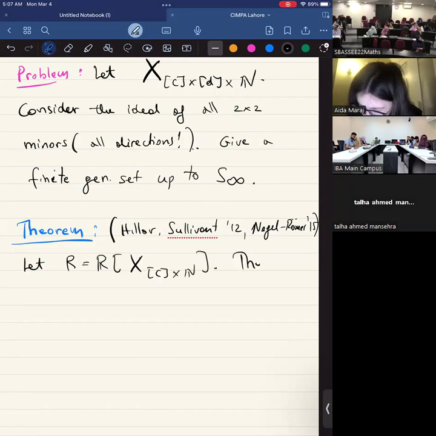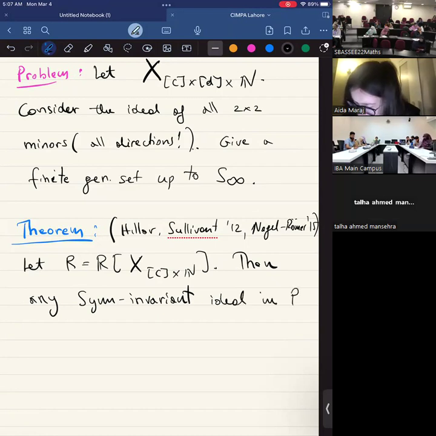Then any S_infinity invariant ideal in R has a finite generating